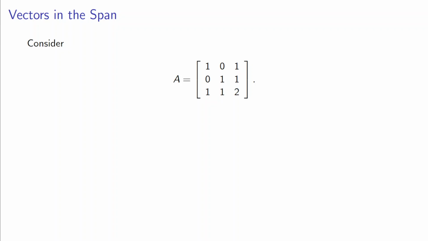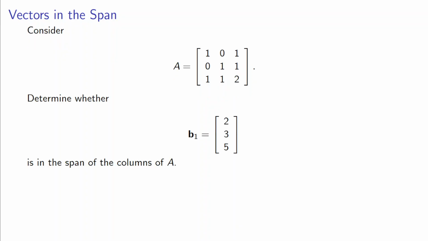Consider the matrix A, which is [1, 0, 1; 0, 1, 1; 1, 1, 2]. Determine whether b1 equals (2, 3, 5) is in the span of the columns of A. And so we might also have worded this as something like, consider